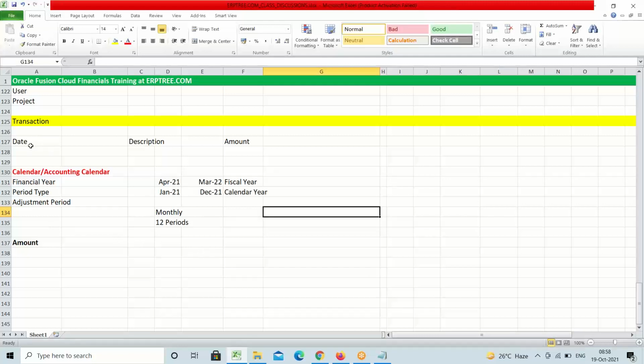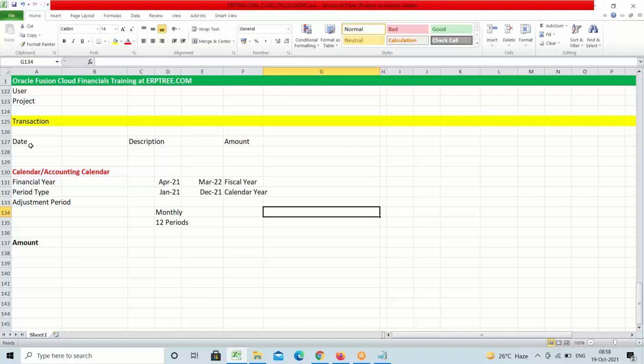If you want to capture the dates or periods within the system when you record the transactions or when you are going to generate the reports, the dates and the periods are required. All those you can maintain by creating an accounting calendar. When you create an accounting calendar, we have to remember 3 points. One is